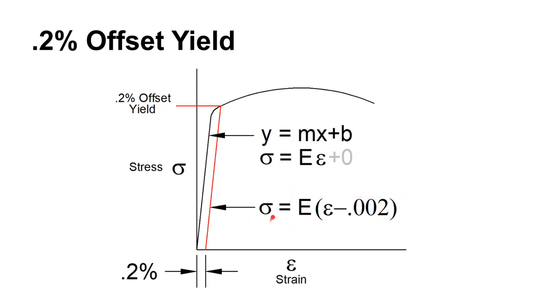Okay, so where does this come from? Well, this is the same as this up here, except we have shifted it to the right. So if you remember doing linear transforms, this will shift the graph to the right by 0.2%. So 0.2% means per 100, or divide by 100. So this is 0.2 divided by 100.